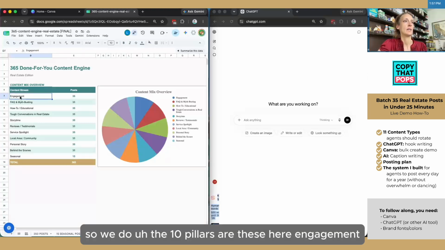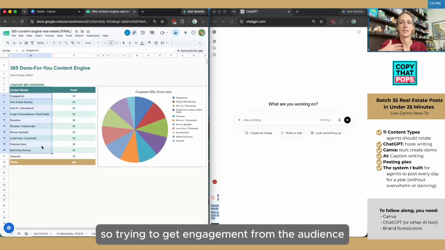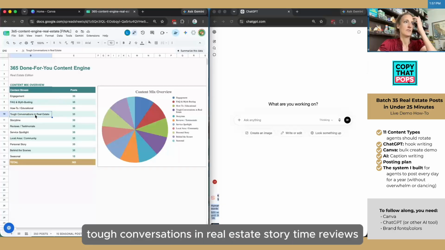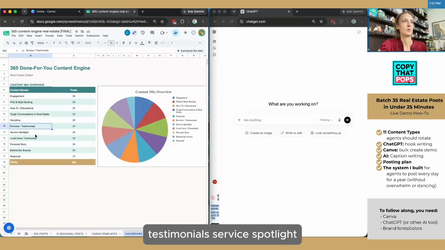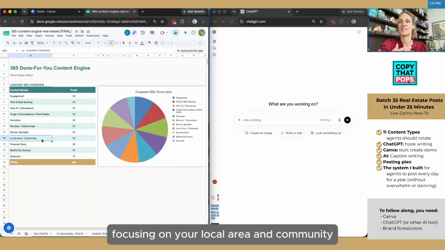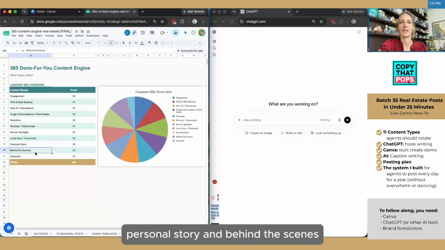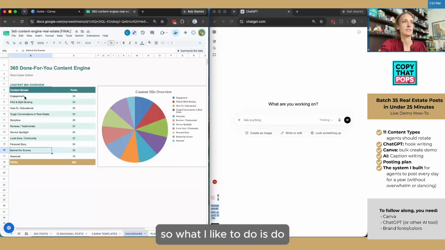So the 10 pillars are these here: engagement, so trying to get engagement from the audience, frequently asked questions and myths to bust, how-to educational, tough conversations in real estate, story time, reviews, testimonials, service spotlight, focusing on your local area and community to really show that you're active and engaged locally, personal story, and behind the scenes. So what I like to do is one post from each type and then rotate it back